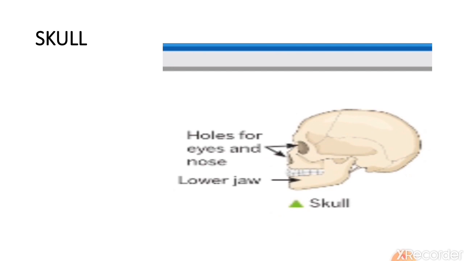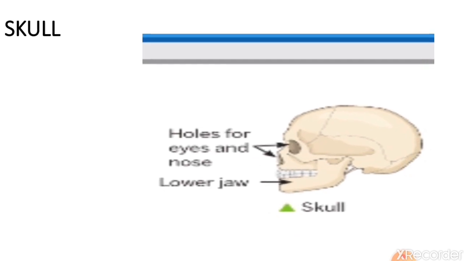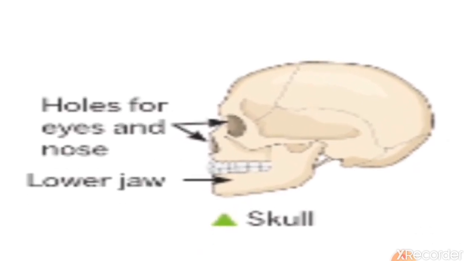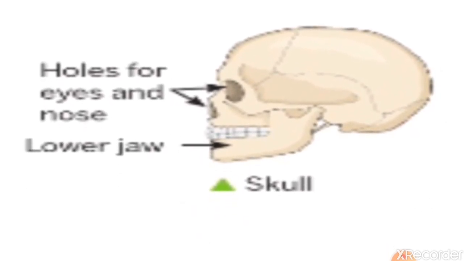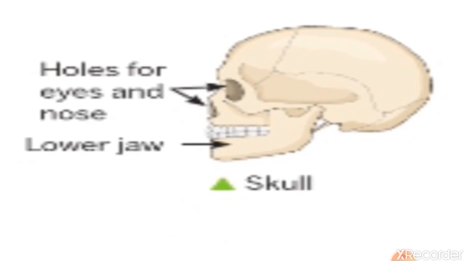Skull. So this is a major bone in our skeleton. How many bones are there in our skull? There are 22 bones. 14 for facial structure and 8 which protect the brain. Okay, 14 to make the face or the facial structure and 8 for the protection of brain. What is the function of the skull? It protects our brain and some sense organs like eyes, nose, ears.